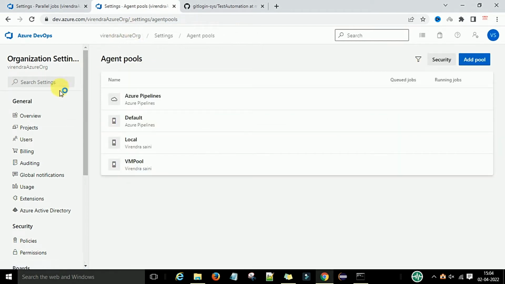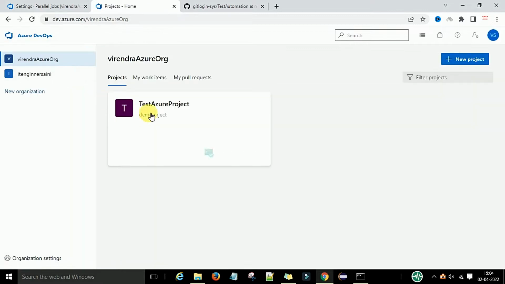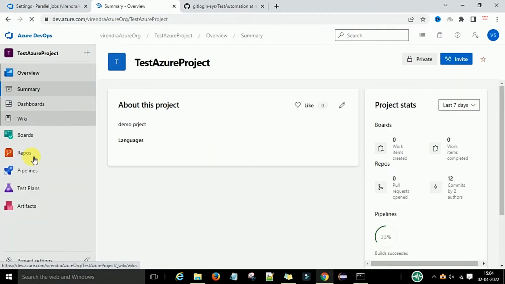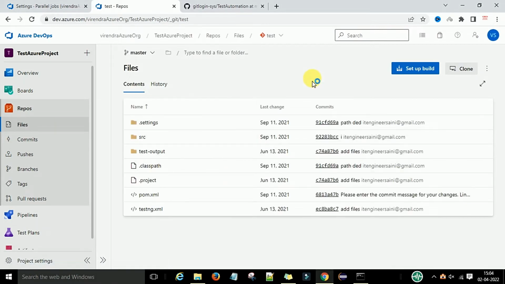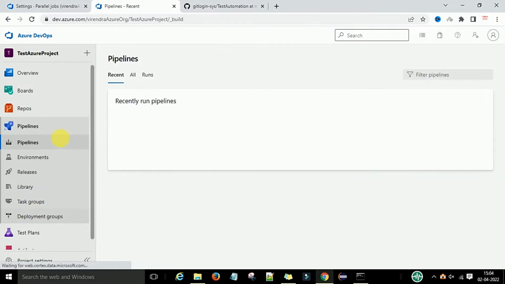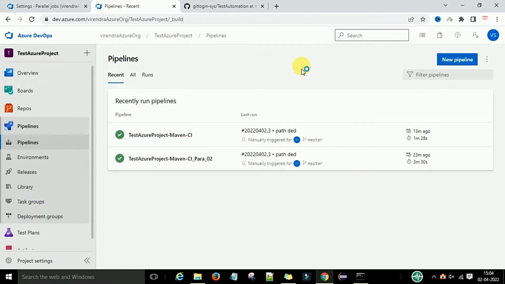After that, I will go to the project which I have created under this organization. That is my test Azure project. For this project, I have one repository that is imported from GitHub, and I have the pipelines. Now I will create a pipeline by which I will execute my code on the hosted agent by Microsoft Azure. So I will click on new pipeline